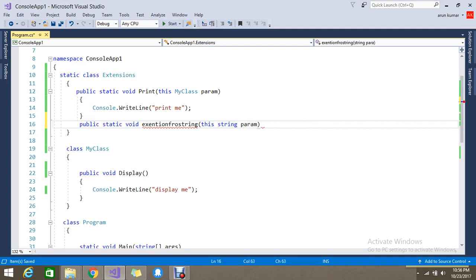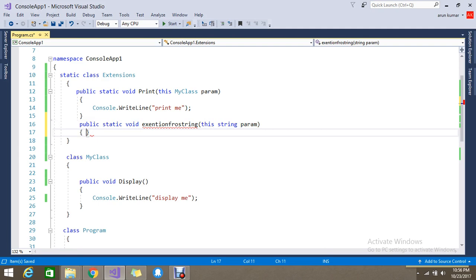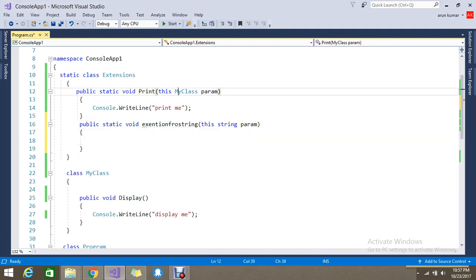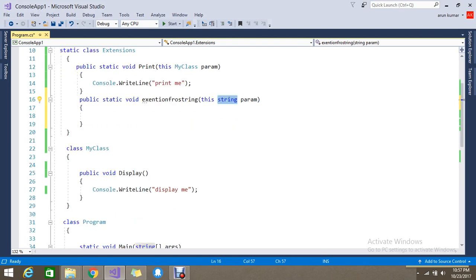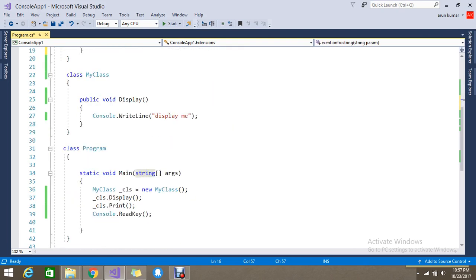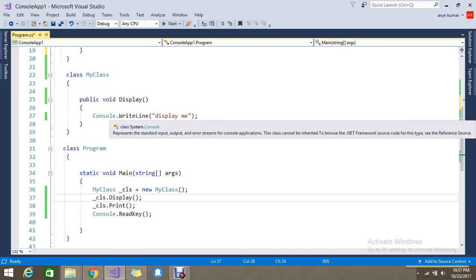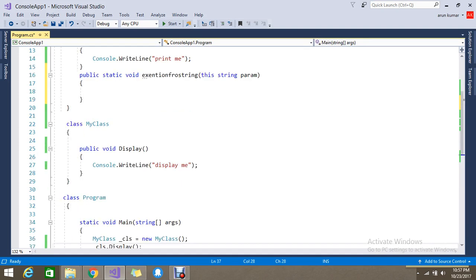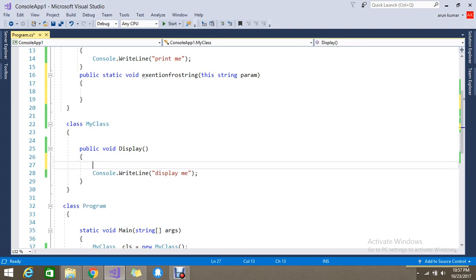Okay, I just created one method. So this is the print for my class type, and this is for string. Okay, now what I am going to do here, I try somewhere here only. Okay, so in the display